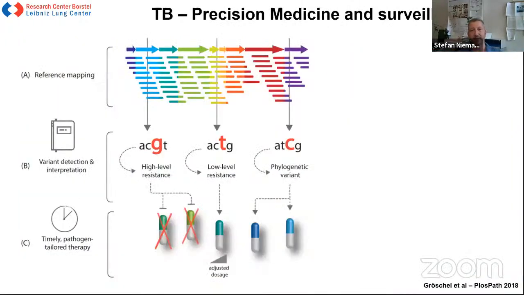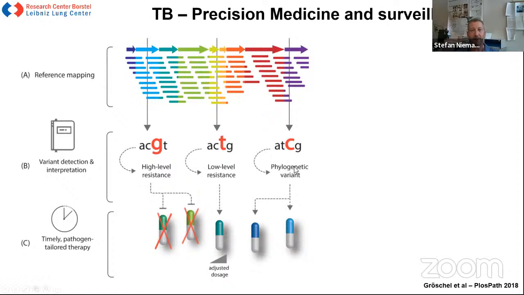That is the concept that we propose, is actually that from the genome sequencing data, you basically map normally the reads generated to a reference genome sequence. By that, we get variants, and the variants are going into an interpretation pipeline, and then you have like high-level resistance SNPs or variants, and in those situations you cannot use the drug anymore. You may have then the situation that you know that some variants just induce a lower level of resistance, and in this case you can adjust the dose potentially